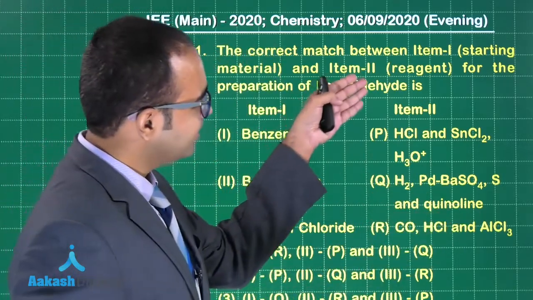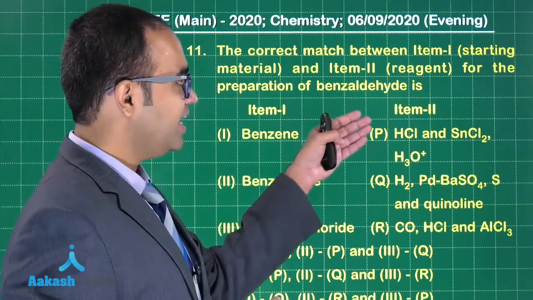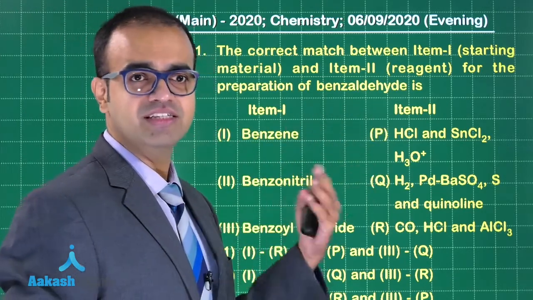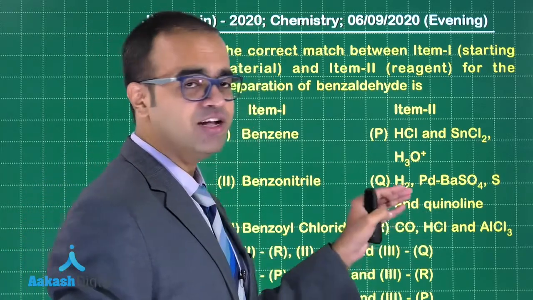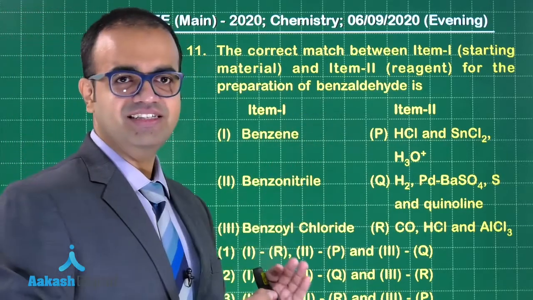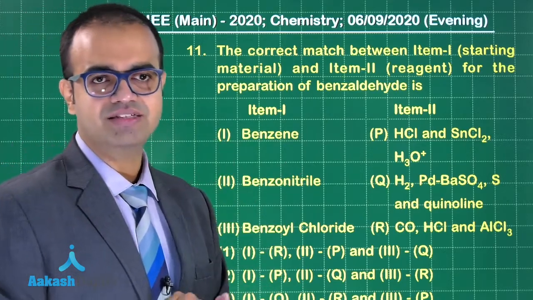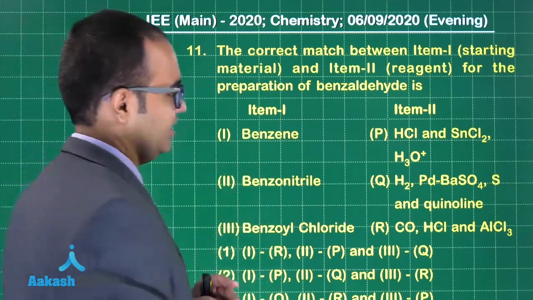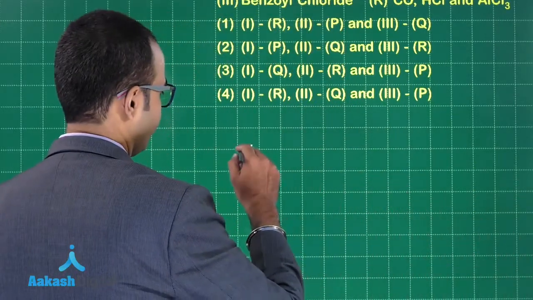Now looking at the list of item 2, we know that P is Stephen's reduction, Q is Rosenmund's reduction, and CO, HCl, AlCl3 is the Gattermann-Koch reaction. Okay, so we know what these reagents are. We just have to look at the starting material, guys. So if I'm starting from benzene and I want to convert it to benzaldehyde, okay, so starting from